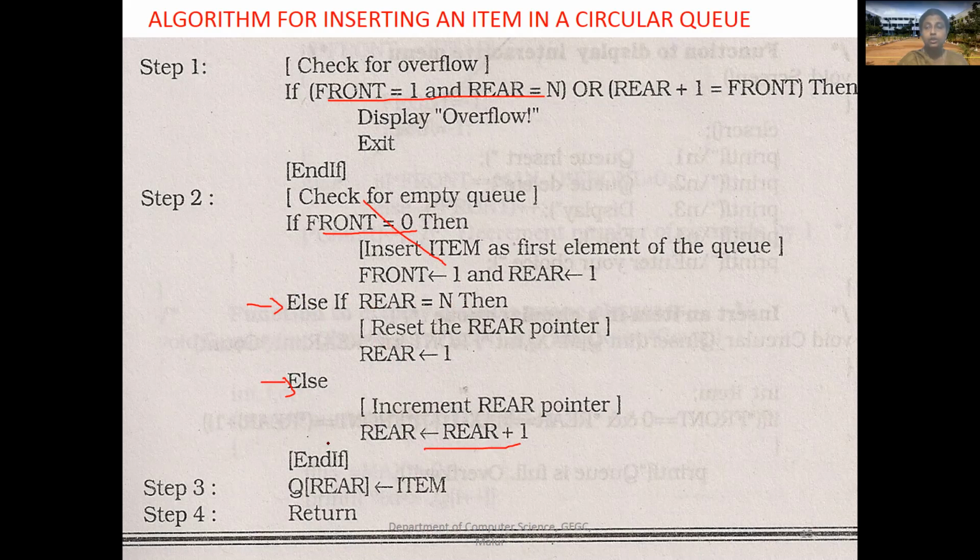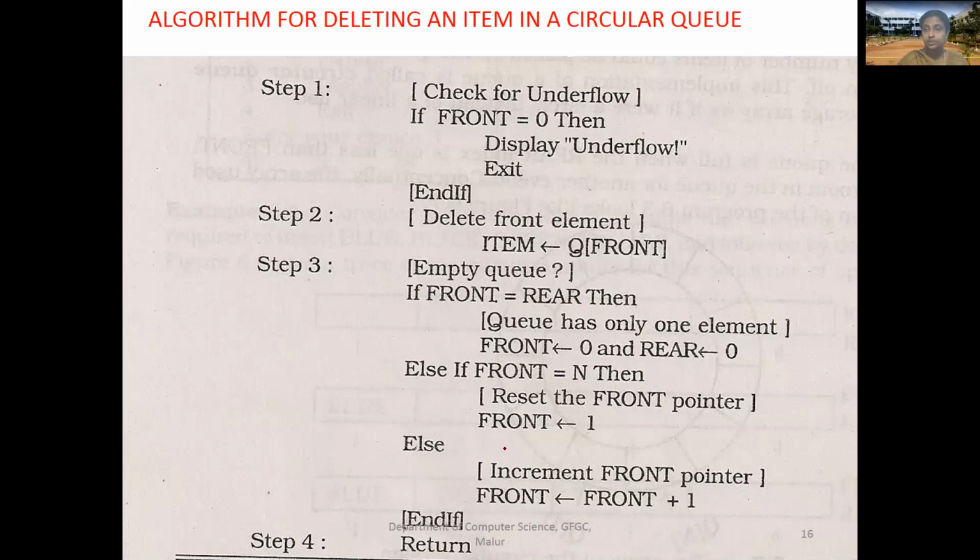Same way, deletion. An item added to the queue means rear has to be incremented. An item deleted from the queue means front has to be incremented in the circular queue. So to work with the deletion operation, we need to check whether front is 0. Front is 0 means you can say underflow. That means nothing is there. Queue is empty. Front is 0 means queue is empty. Otherwise, always remember, whichever method you use, linear queue or circular queue, we should have a FIFO method. First in, first out. The first one that came in has to be deleted. So we need to consider the first item in the queue.